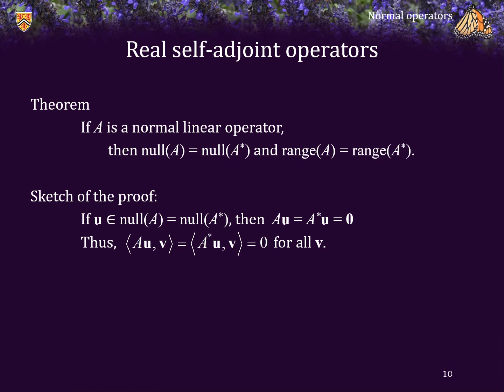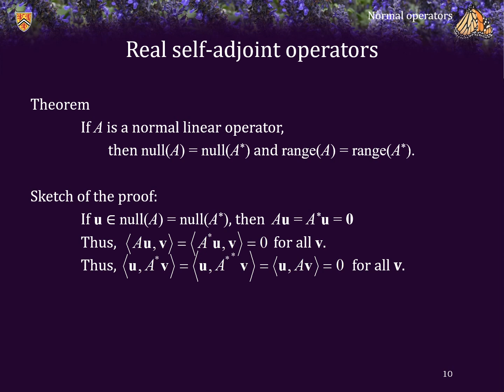But now let's use a sleight of hand. Let us bring the linear operator onto the other side. So what this says is that u inner producted with the adjoint of A applied to any vector v must equal u inner producted with the adjoint of A applied to any vector v, but the adjoint of the adjoint is equal to A, so that means also that u inner producted with the operator times v is equal to 0 for all v.